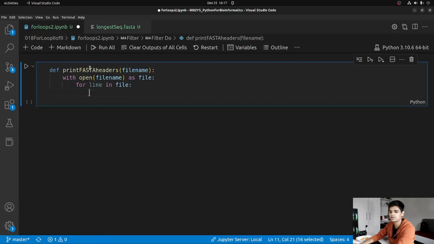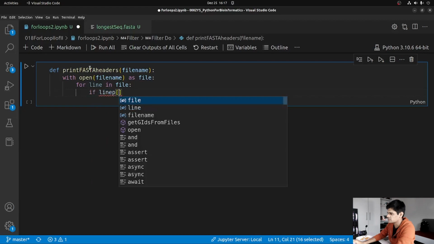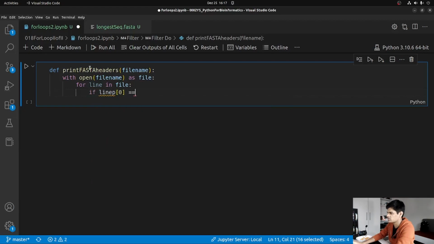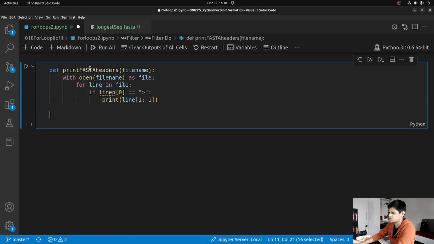Then we will check the line. If the line is starting with greater than sign, the 0th element is equal to greater than sign, then we will print line, but we will not print that sign, and we will not print that newline character which is at the end of every line. So we will start with the second element, and then we will stop at the second last element. And if I call this function